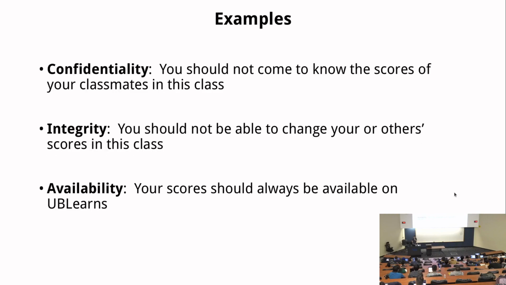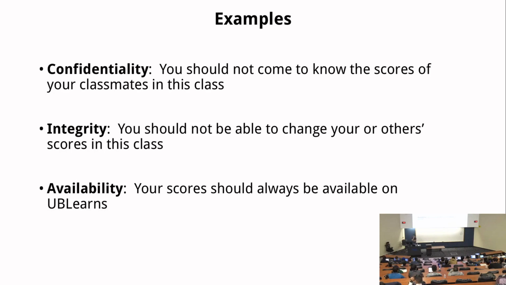A little bit more examples, some simple examples about the CIA. For example, in this class, confidentiality. Everyone, you have the right to know your own score, but you don't really have the right to know your classmates' scores, right? Only I know that, only the TA knows that. So if you breach UB nurse and the NER, everyone else's or someone's score, grade in this course, then you breach the confidentiality, right?